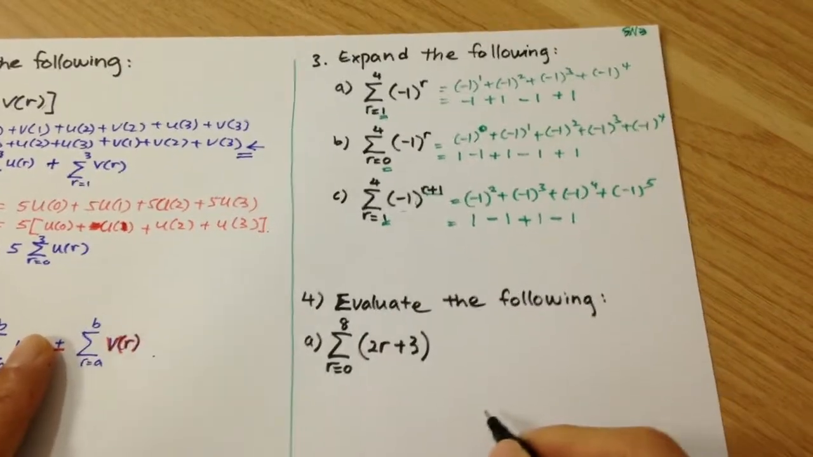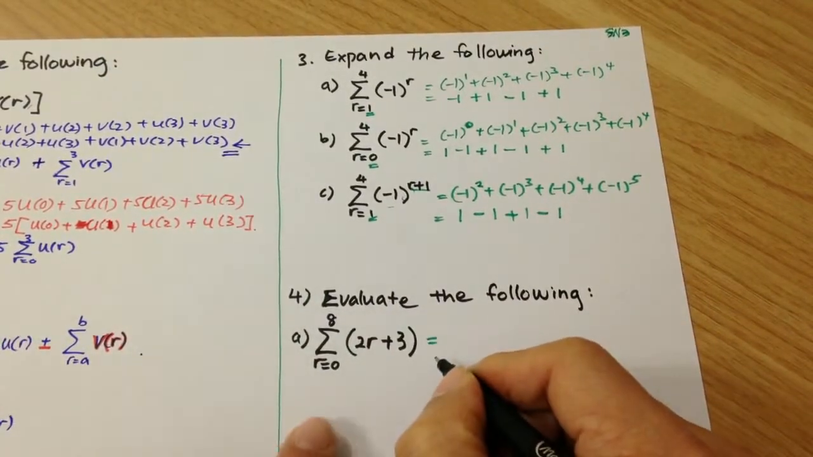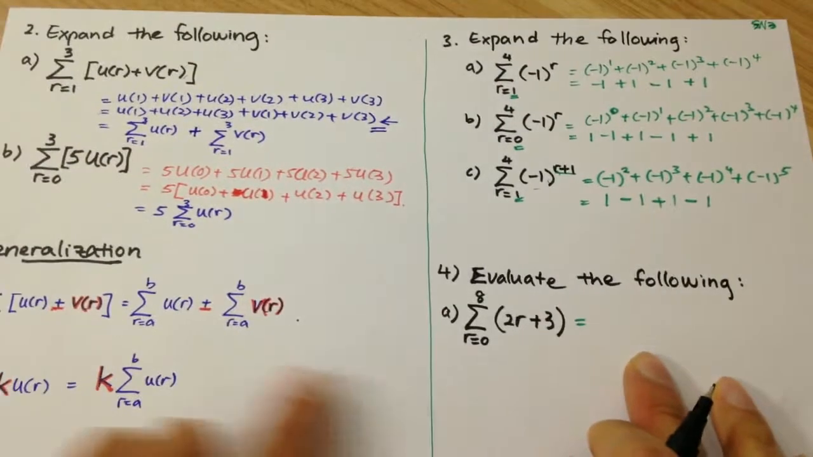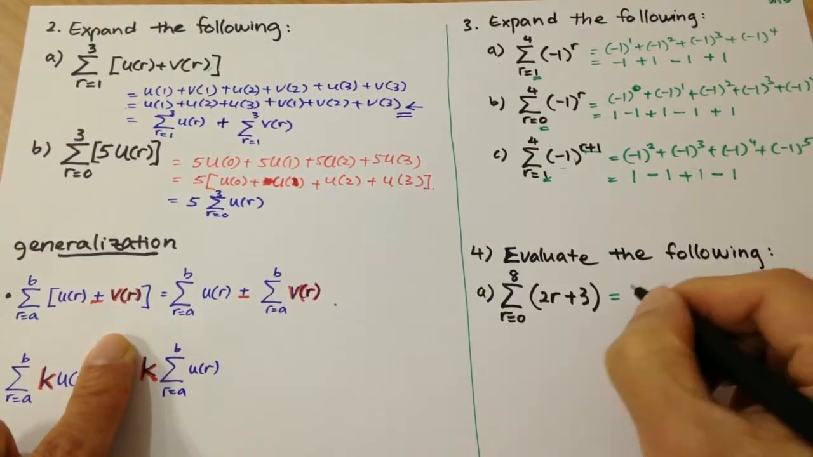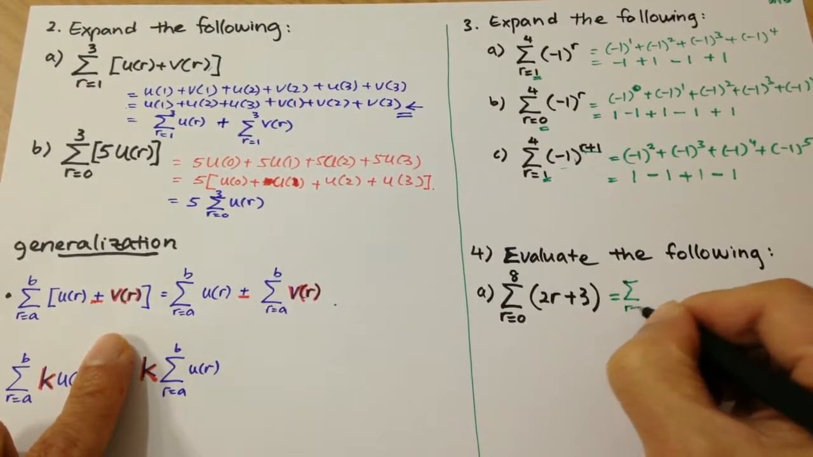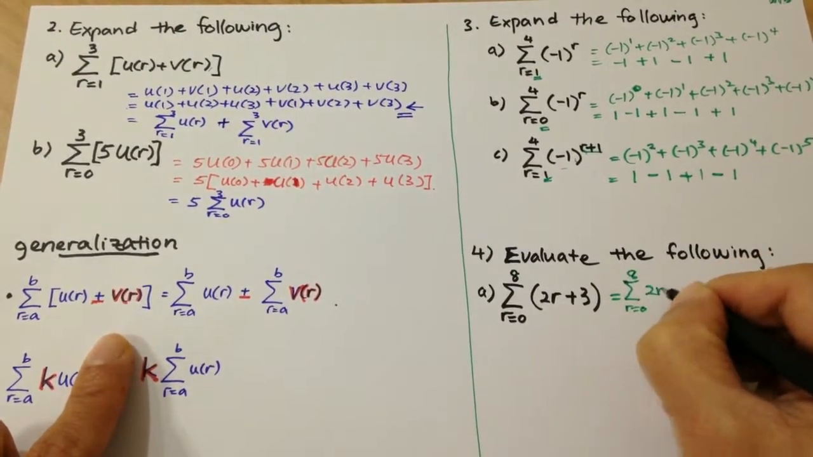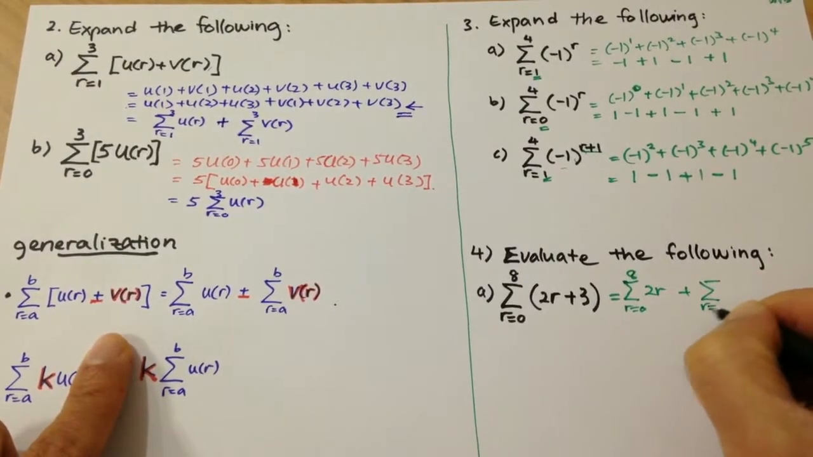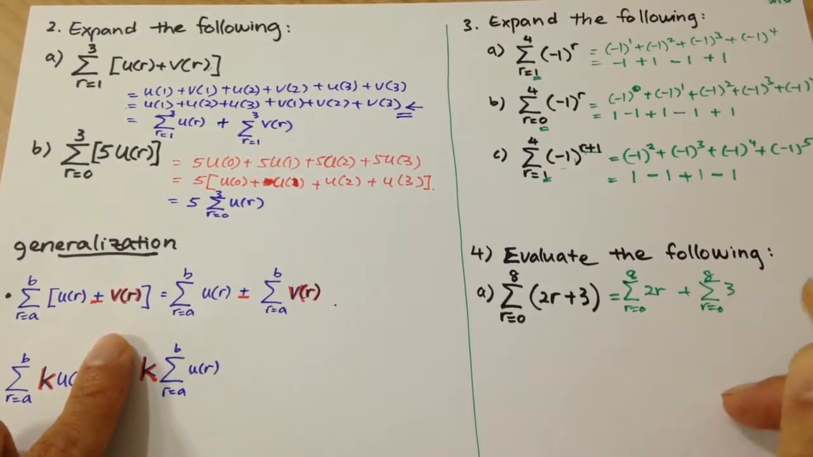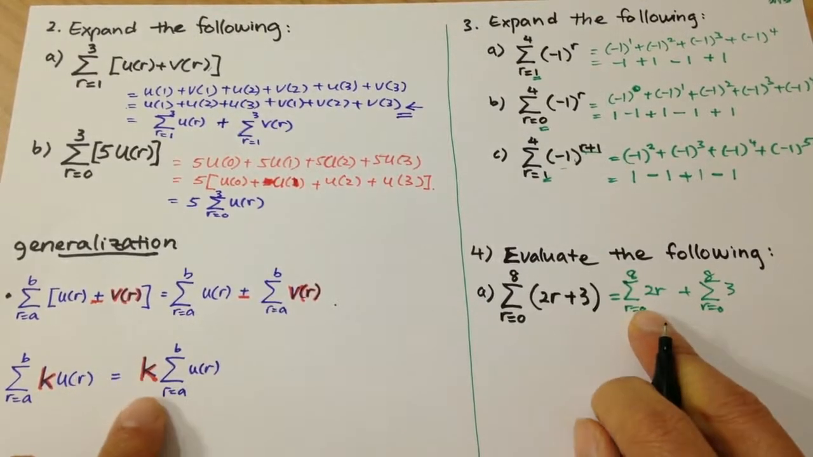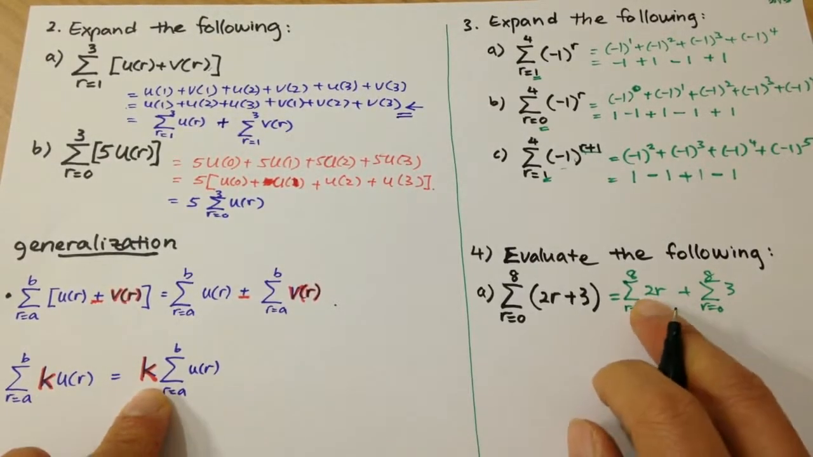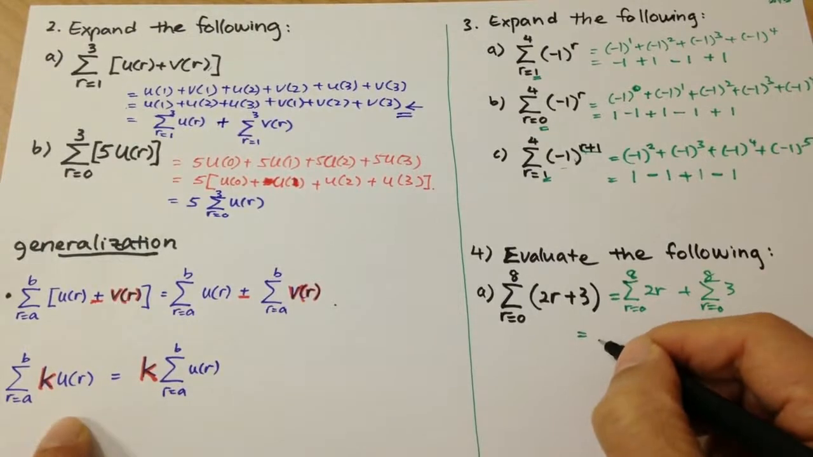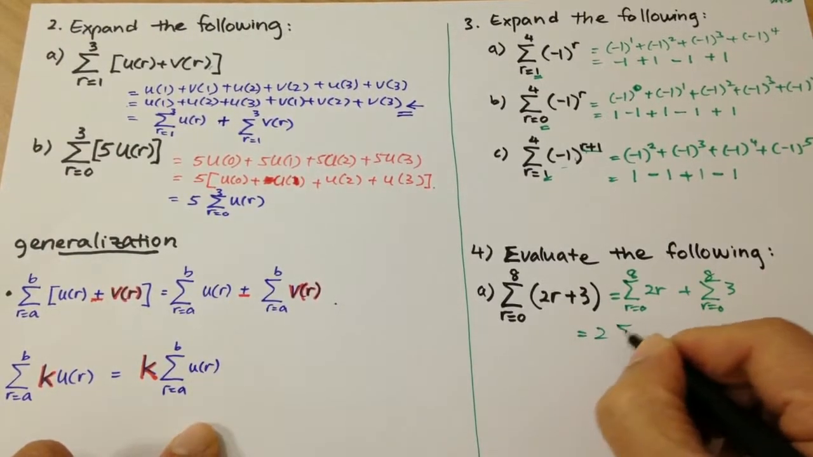Now let's consider question number 4. Basically we should use this property here. All right? Break them up into two parts. So breaking them up means like this. Okay, and this has a common term, this 2, which is a constant. This constant can go outside, as in this one. So 2